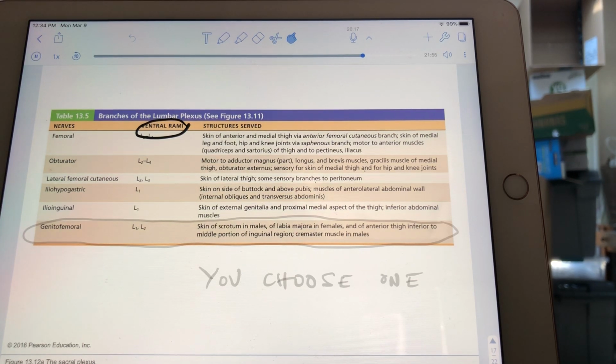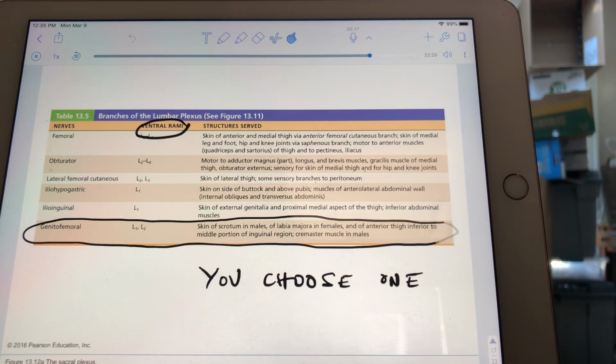Okay, and then this says, learn muscles innervated by one nerve of your choice. Good grief! Who is so spoiled? It's you. So, I don't care which one you choose. That's totally up to you. If you think one is easier to remember because it's easier to pronounce, or it's easier to remember what's going on, a lot of people choose this one just because it's like maximally dirty. Whatever. I don't care. I really don't care. Just one. And you have to know which